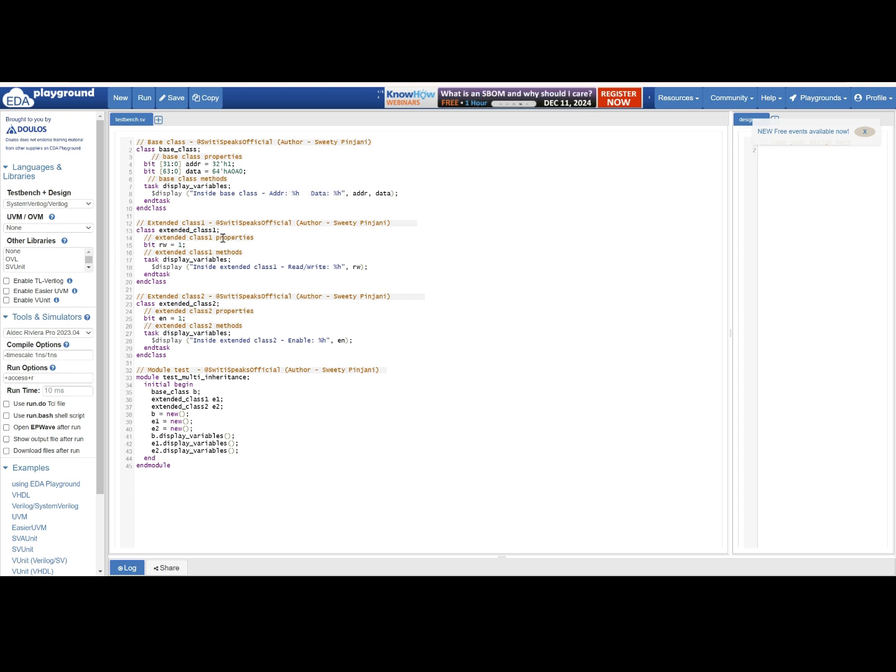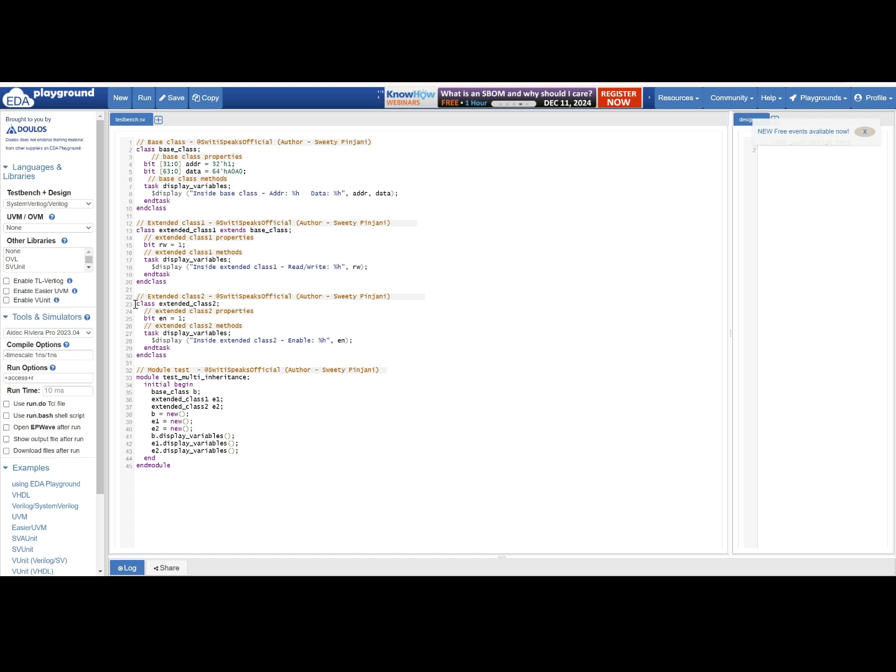Then I have the extended class 1 and I will say extends base class. It means this became your extended class. And here you are having another property which is read write. You are assigning it the value 1 and you are displaying variables in which you will display read write.